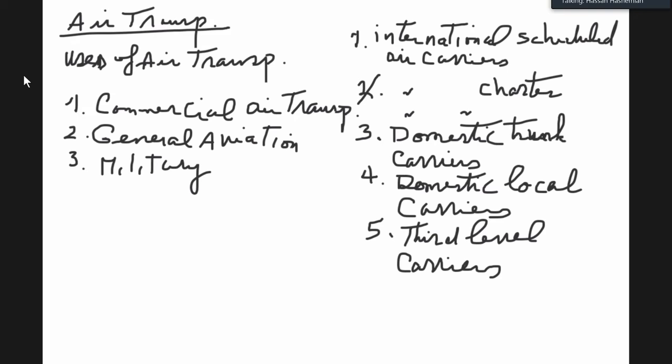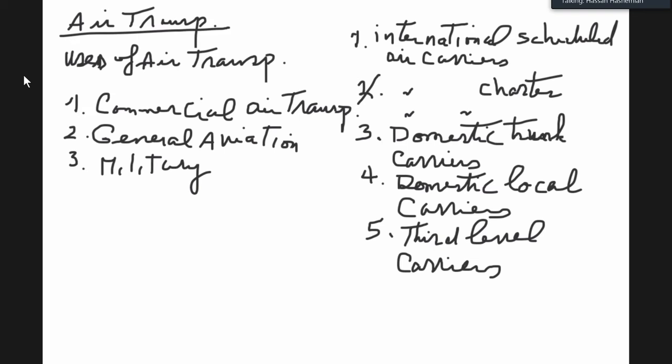International charter carriers are basically airlines that are hired by a company or a group of people to travel from point to point. There's flexibility in schedule, and usually they are cheaper and so on. Domestic trunk carriers are the main